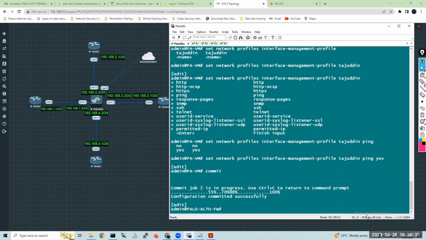Okay, so now we can see the configurations have been saved successfully. What next? How to give the IP address for an interface, guys? Any idea?